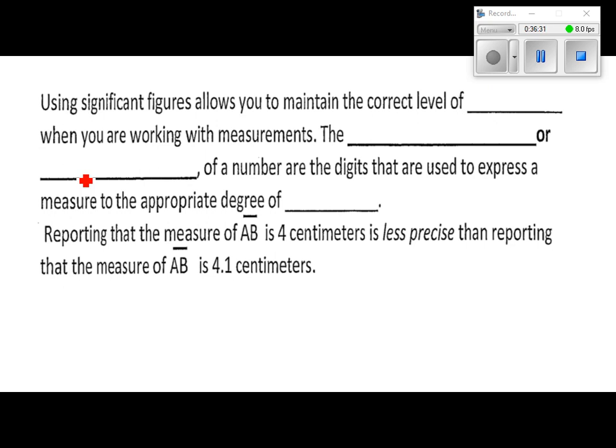Significant figures. Any of you do significant figures in science class yet? Not yet. It allows you to maintain a correct level of precision. That's supposed to say precision. When you're working with your measurements. The significant figures,